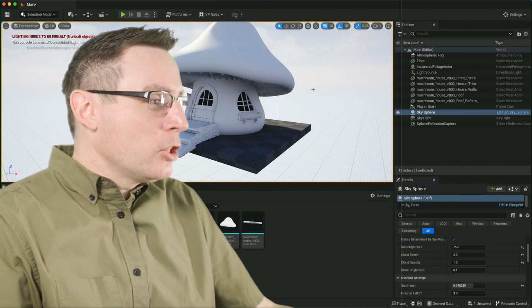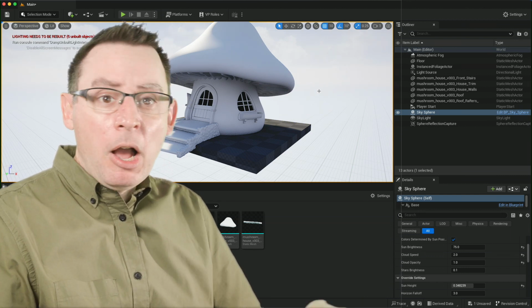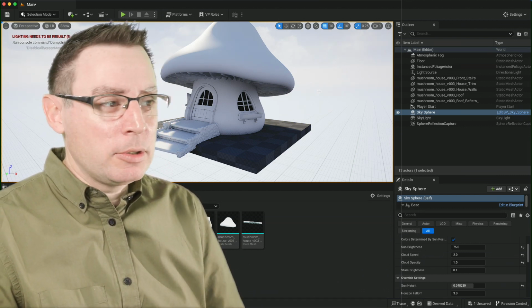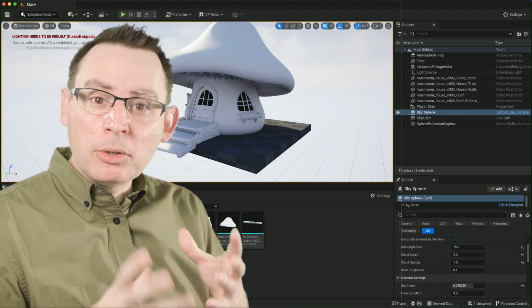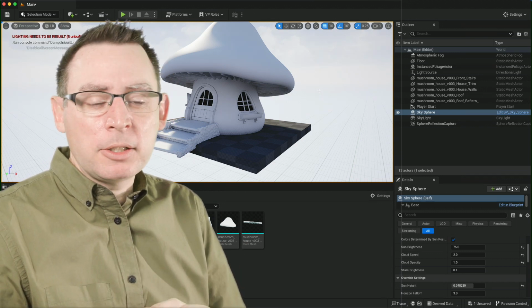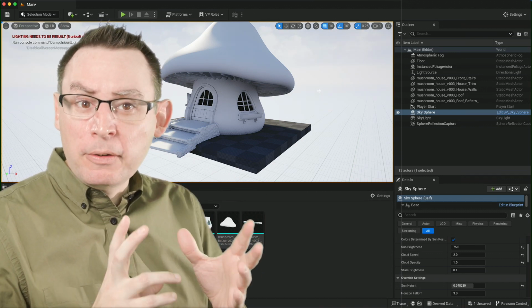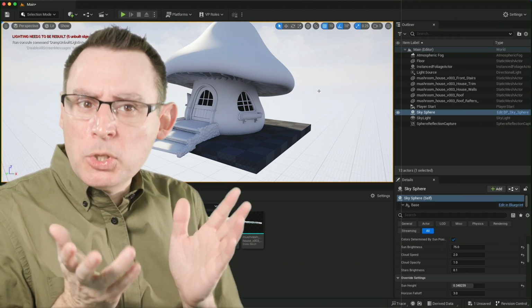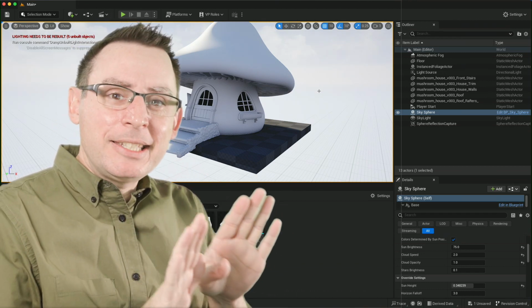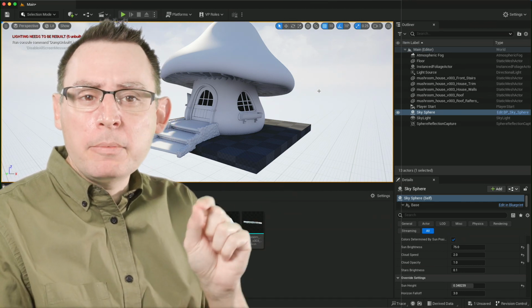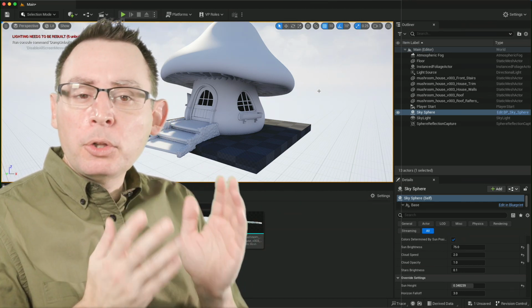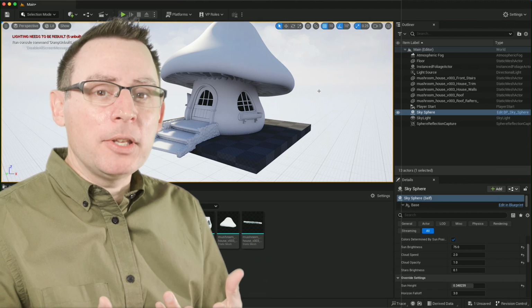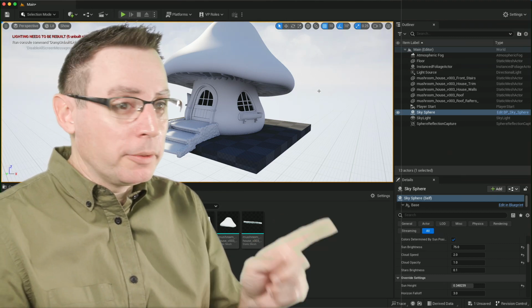So let's jump in. We're going to begin in the content browser. Now, you're probably going to have a lot of textures. If you have multiple materials on one mesh object, you're going to have a number of these different texture sets that you're going to have to manage, and potentially a number of different materials, which is just fine. This sequence is identical for every material that we're going to be working with. The larger point being, if you have a bunch of these, you're probably going to want to have your own folder. And let's do that real fast.